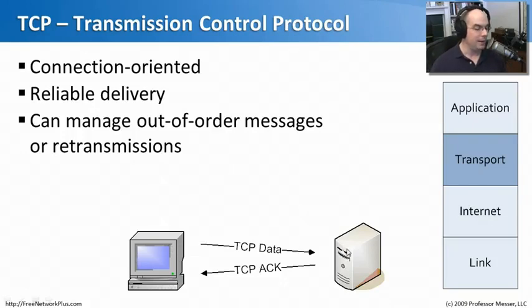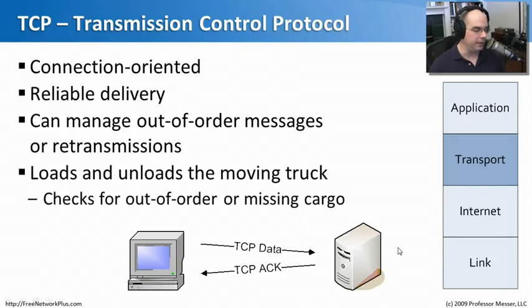And it does that by sending data to the other device, and that device sends back an acknowledgement saying, "Thanks for sending the data. I'm just letting you know I received it properly." And if those packets happen to come in out of order, or I'm missing a packet in between, it can send a message to the other side saying, "I missed a packet, can you please send that?" And then when it receives that packet, it can put everything back in the right order and then process it